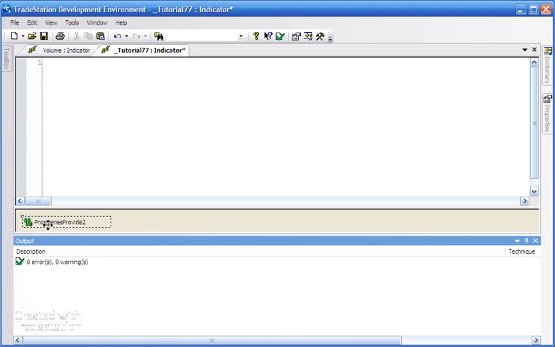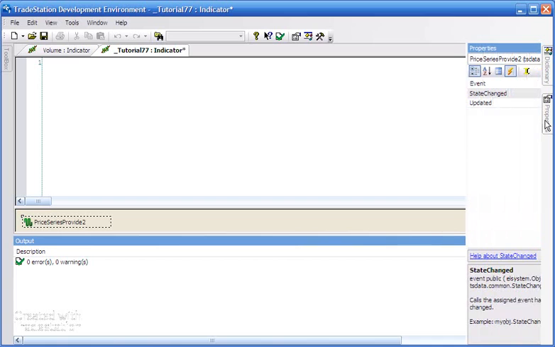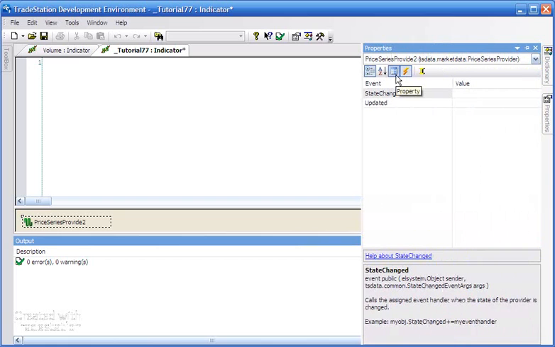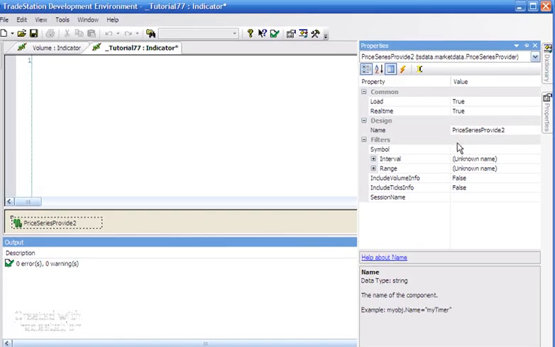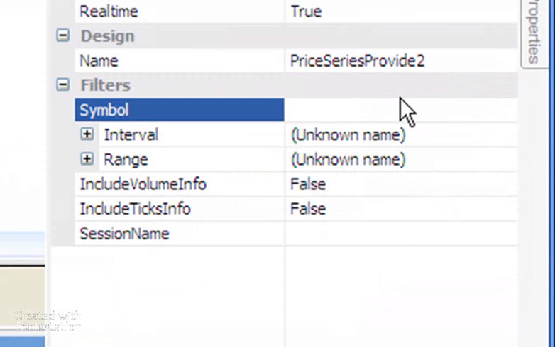Then I'm going to click on this, and we're going to look at the properties, and we're going to put in the properties that we're interested in. So I'm going to click on this little property icon here, and what we're going to do is first of all supply a symbol, which we have to do in quotes. So I'm going to put in here @ES,